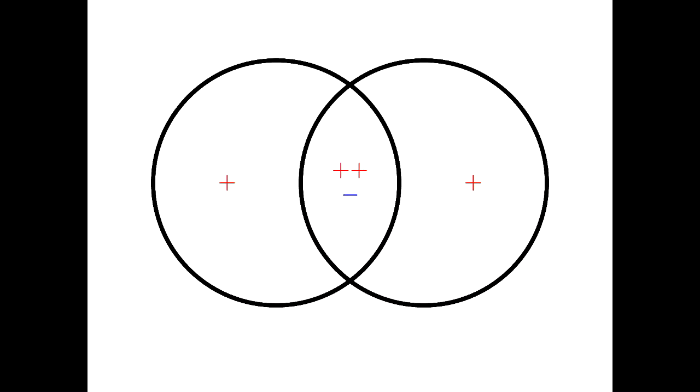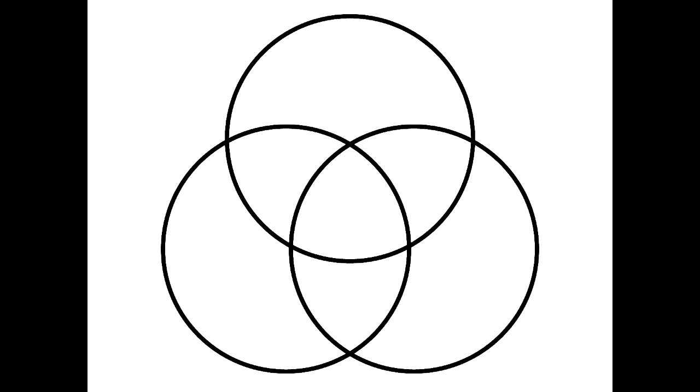So that's for 2. Now let's talk about 3. So what I can do for 3 is this. I'm going to add up the sizes of the sets. And when I do that, I've counted everything here once, everything here once, everything here once. So I'm right on the outsides. But the stuff in here got counted twice, and the stuff in here got counted twice, and the stuff in here got counted twice, and the stuff in here got counted 3 times, right?